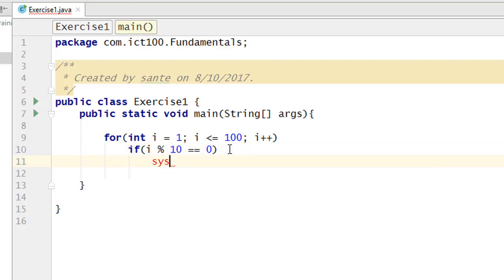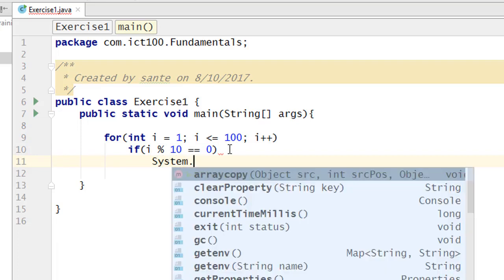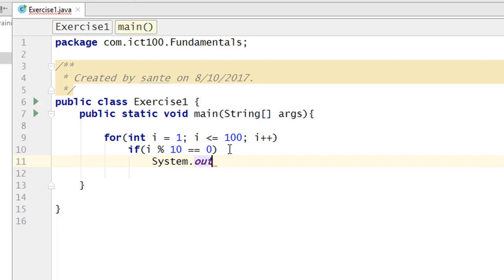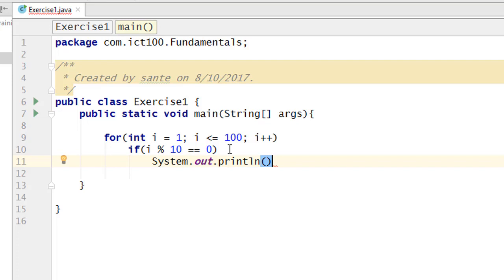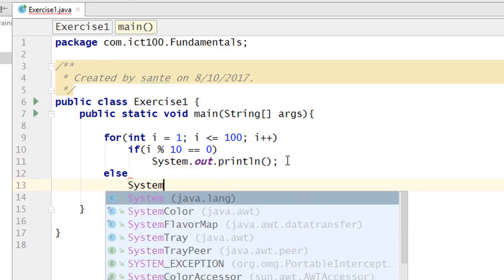let's print something. So we do system dot out dot println, and on this println we are going to pass, what do I want to print here. Okay, now let's write a method so that we can just pass the method here later on. But let's say else we have